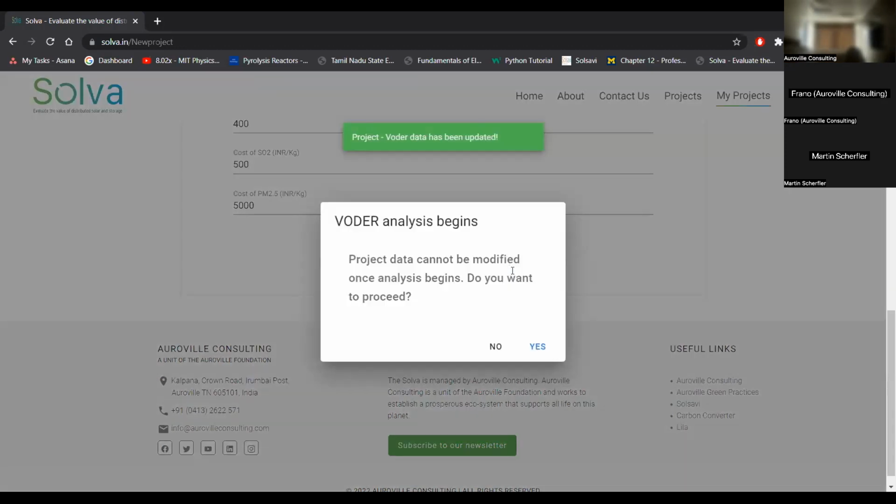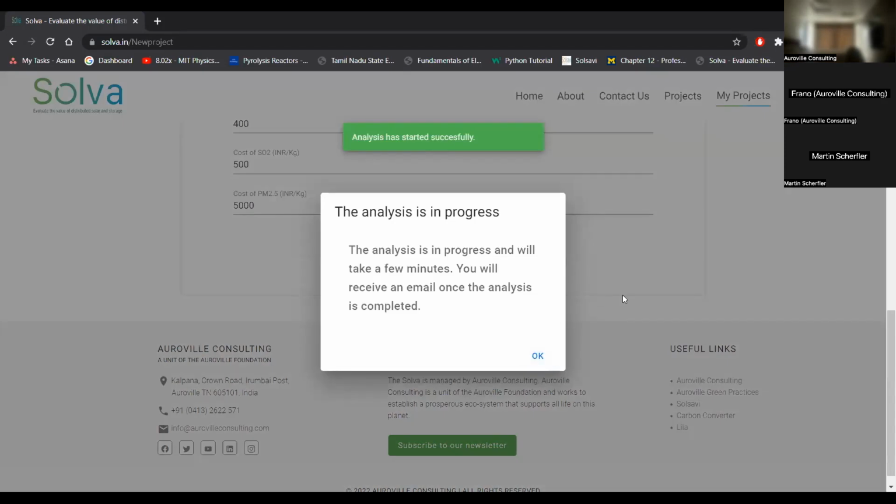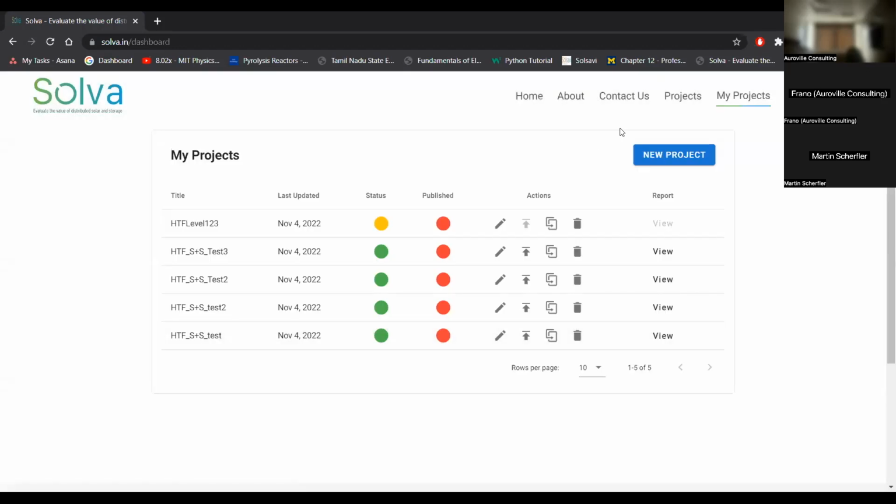by clicking the save and run button, which then pops up a window where we press yes to further proceed. And the final window tells us that our analysis is in progress and it will take a few minutes, while we receive an email once the analysis is completed. Once you click this, you are redirected to your project page where you can check the status of your analysis, that is in progress or completed, and